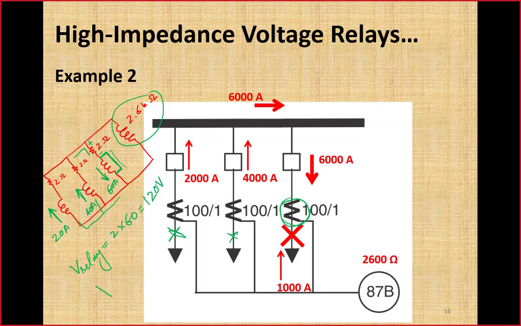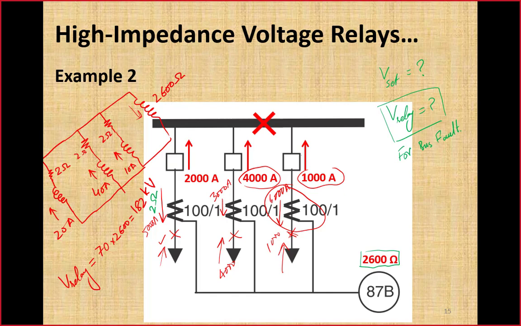So the setting criteria: V set will be equal to 2 times the voltage across the relay for an external close-in fault. So that will become 120 into 2, that is 240 volt. So this 240 volt is the pickup setting, V set. If the voltage is greater than 240, that is a clear indication that the fault is on the bus, because for any fault outside the bus, even in the worst condition that the CT has completely saturated, the voltage does not go beyond this value.